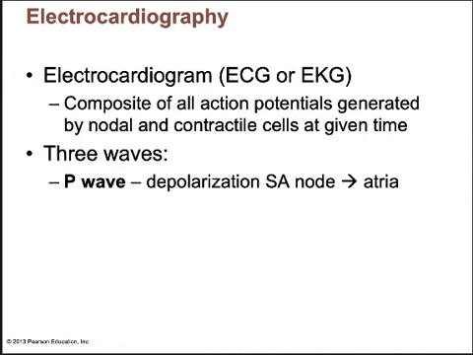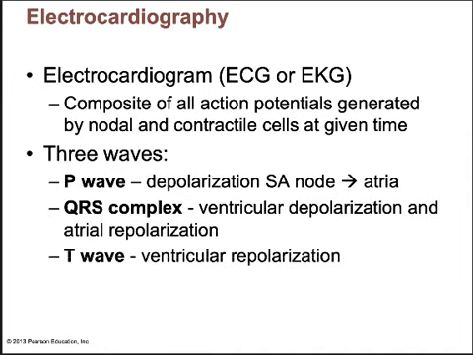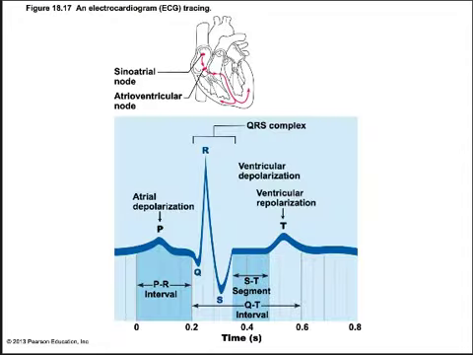The main waveforms that we need to be aware of are the P wave, the QRS complex, and the T wave. Okay, you can see them here. The P wave represents atrial depolarization and has a reasonably broad shoulder. Okay, and it leads to the QRS complex, which represents two electrical events going on in the heart. One is ventricular